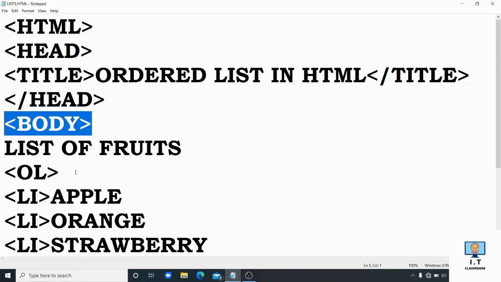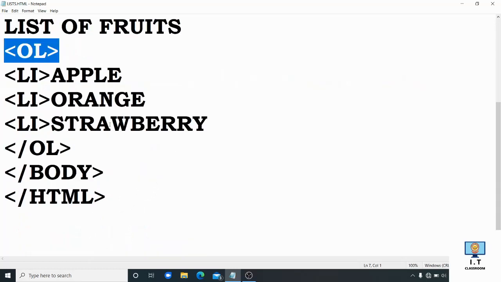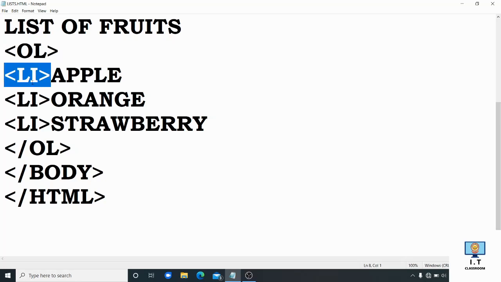After that, we have to use the OL tag. OL stands for ordered list, which means numbered list. We are making an ordered list here, in which we will list fruits like apple, orange, strawberry, etc. When you are going to create a list like this, you have to use one more tag, the li tag.